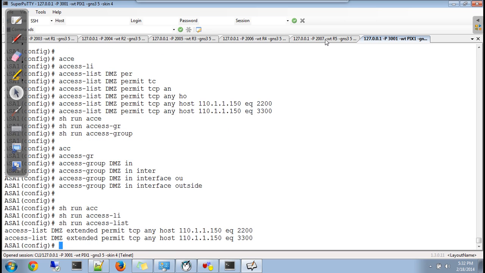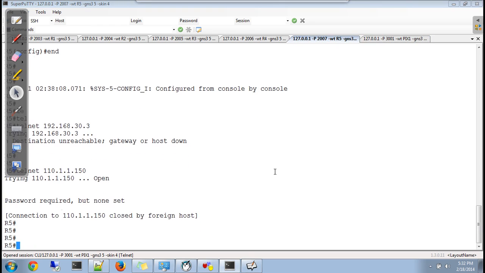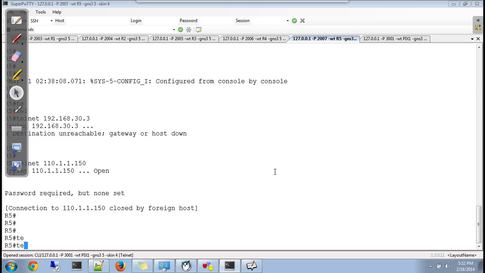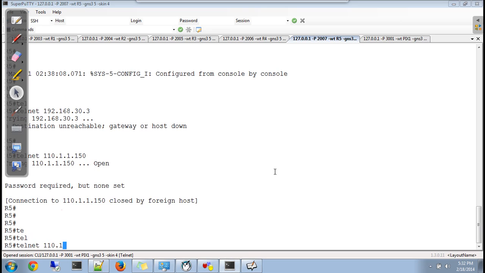How do you verify? Go to R5, which is the internet. Say telnet 110.1.1.150 on port number 2200. This would take you to DMZ1, R3, because 192.168.30.3 is mapped to this.